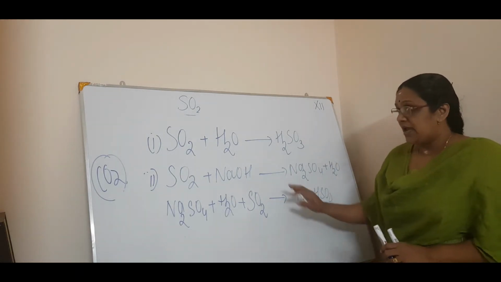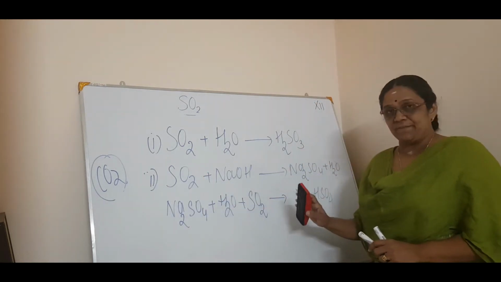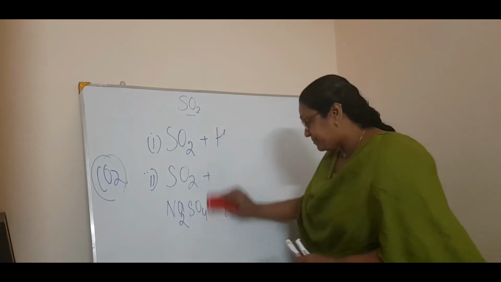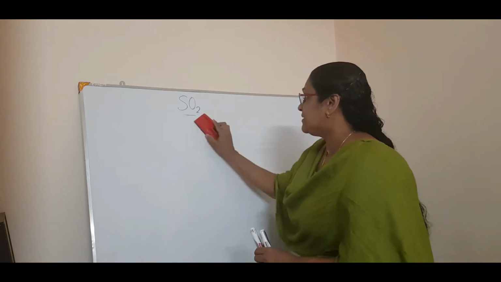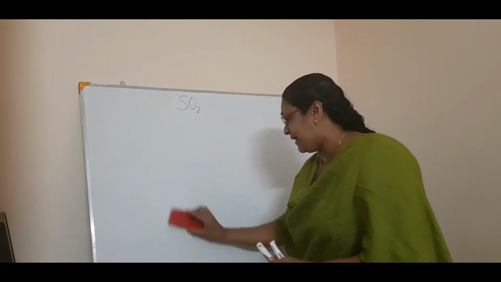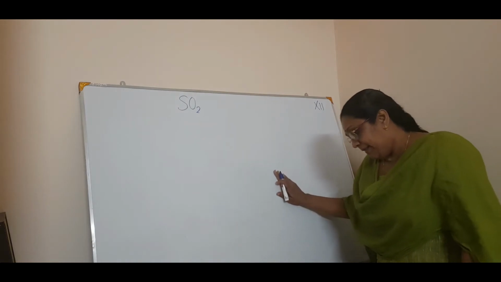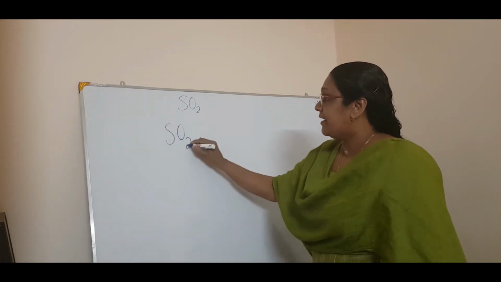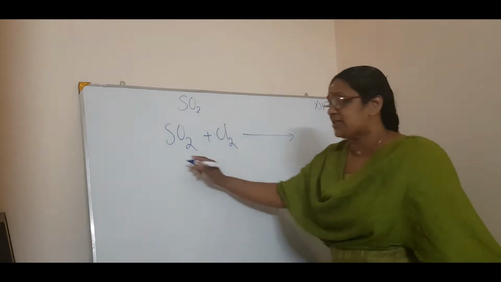Correct? Okay. Now, so this is the second equation, the second reaction. Now we are passing on to the third reaction. This is similar to carbon dioxide, where sulfur dioxide also has a similar reaction. Then the next reaction is, see, sulfur dioxide reacts with chlorine. The third reaction, only 4 reactions are there.